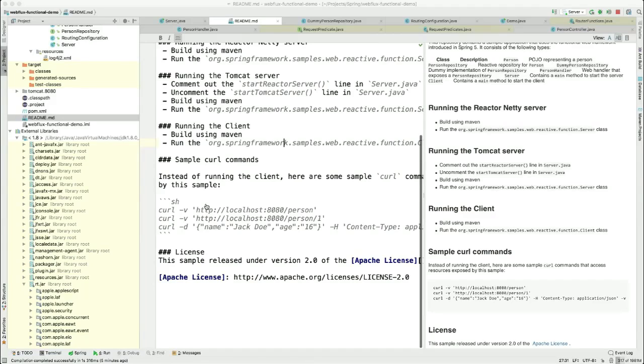Yeah, I want to give an extra point or two. If you're into Kotlin, which seems to be getting more and more popular these days, there's actually a Kotlin version of this as well, which uses Kotlin's language features